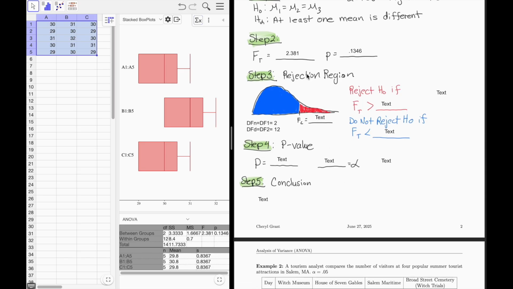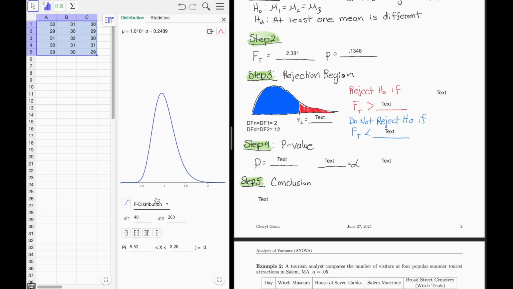Now for step 3, we need to find the critical value so we can find the boundary for the rejection region. So this is where I'm going to go back. I'm going to close this out. I'm going to go back to my statistics calculator. I'm going to make sure I choose F distribution. And then I'm going to put in my DF1, which was k minus 1, 3 minus 1 for 2. And then the degrees of freedom for the denominator, which was 15 minus the number of groups, which is 12. And I'm going to put that in here. So 2